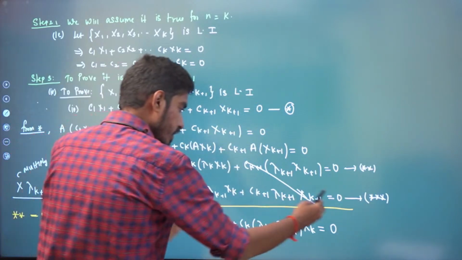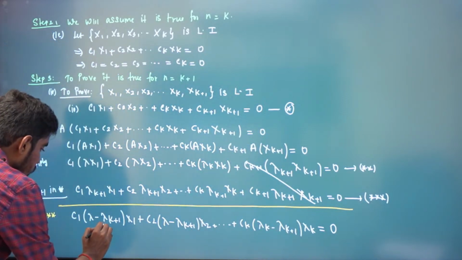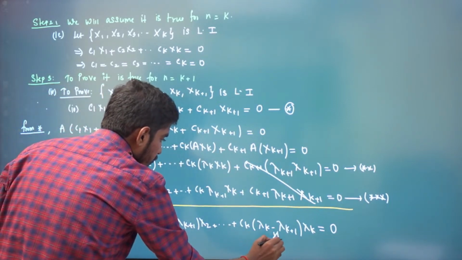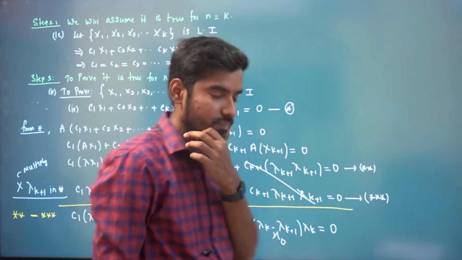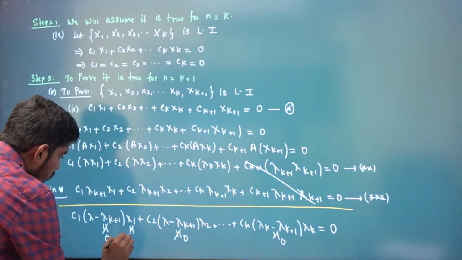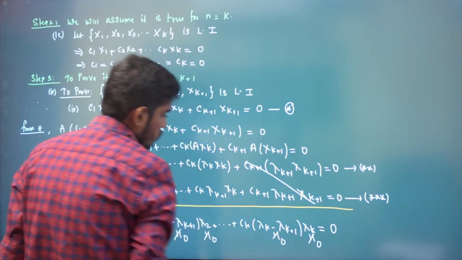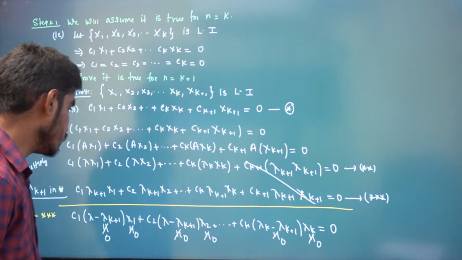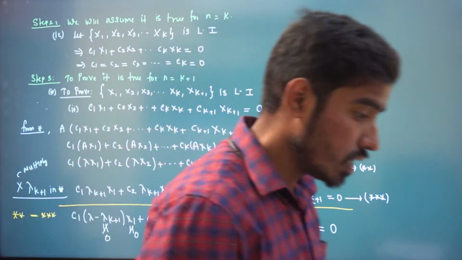We are getting this linear combination to be 0. This is non-zero. Why? All these are non-zero, because all eigenvalues are distinct. This is also not equal to 0 because eigenvectors are non-zero vectors. But this linear combination is 0. That means what? All these C1, C2, C3 and so on up to CK,